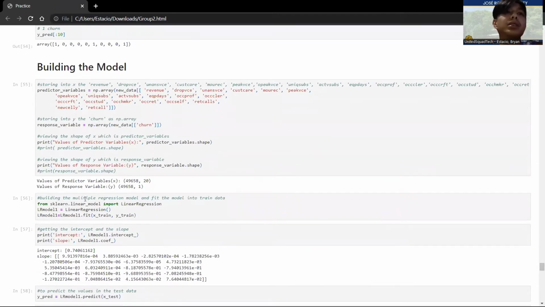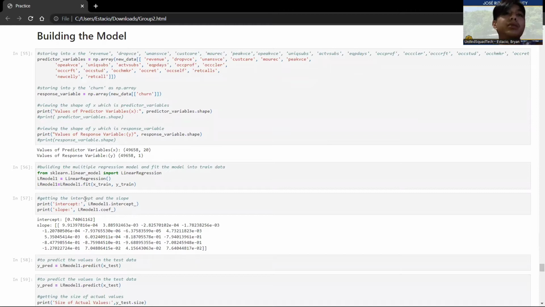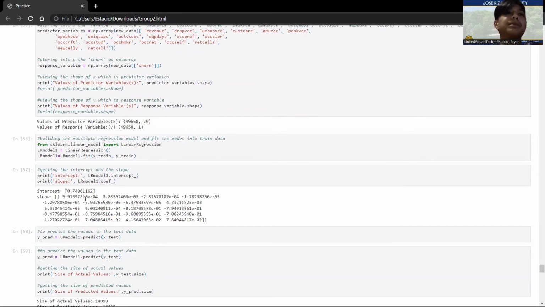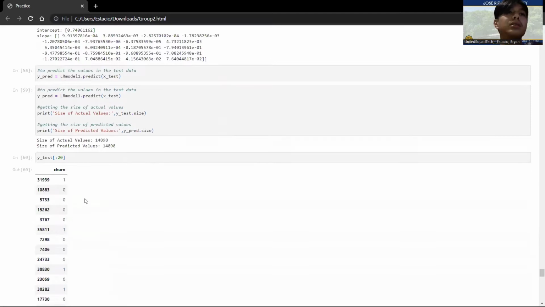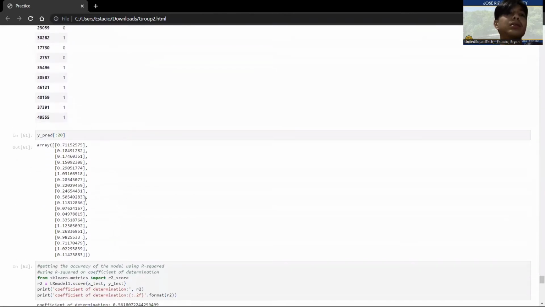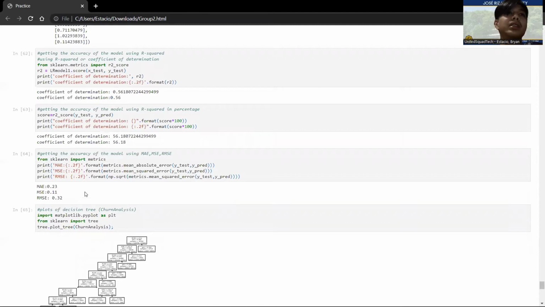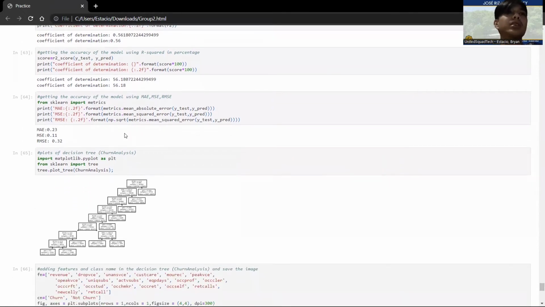On building the model, we use the predictor variable and response variable. This is the coefficient of determination. It is 56.18%. We also get the mean absolute error, mean squared error, and root mean squared error.